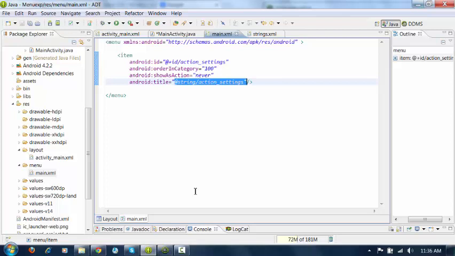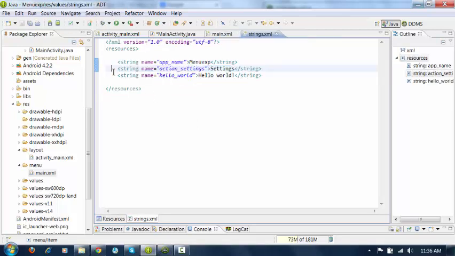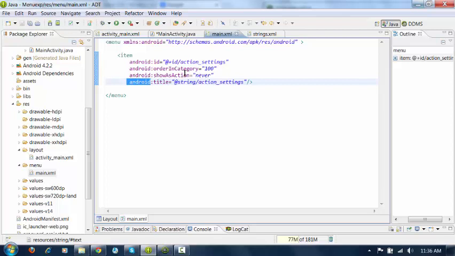In the same way, what we are doing here is creating one string. Look here, we are creating one string with the name action_settings, and the content is Settings. Now I will display this settings text in my menu XML.